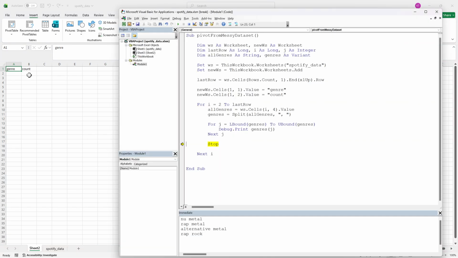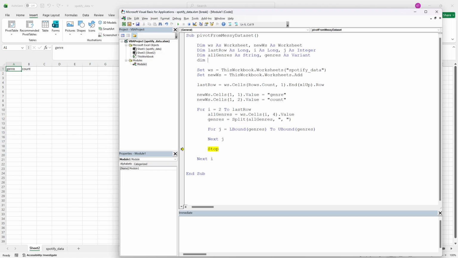So the next step will be, instead of printing here in the immediate window, to populate the values here in column A. In order to do this, we will have to dynamically find the next available row. So that means another variable which I will call nextRow. It's going to be of data type Long. And here I will write inside this inner loop that nextRow